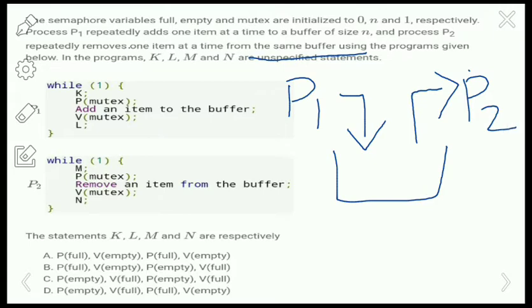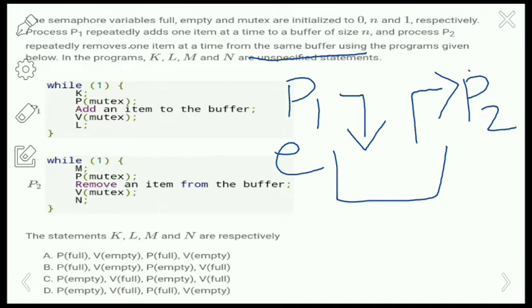Here if the producer wants to produce data to the buffer, it has to check whether the given buffer is empty or not, right? If the given buffer is empty, then only it can produce the data to the buffer. So that means P1 is checking the semaphore empty. Similarly here P2 is consuming the data.